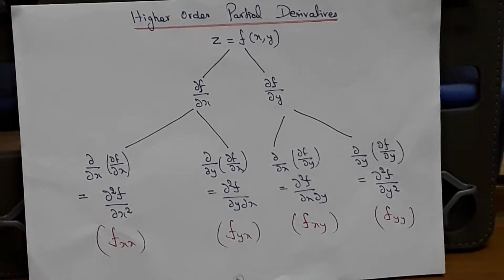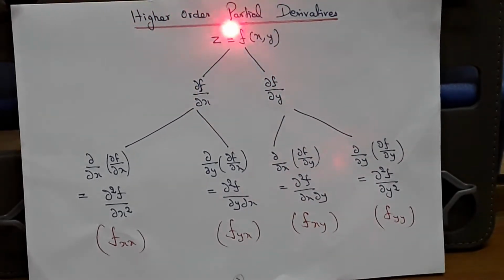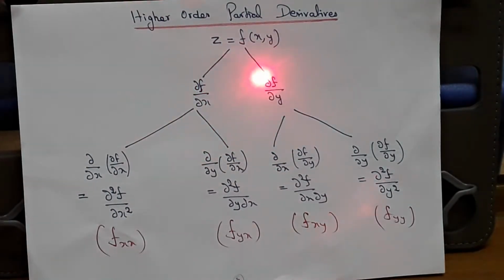Now we are going to see the higher order partial derivatives. In ordinary derivatives, we know d by dx means the next derivative is d square by dx square, next d cube by dx cube and so on. So now we are going to see higher order partial derivatives. We are considering the function z equal to f of x comma y. How do we represent the partial derivative of z with respect to x? Yes, we know that is dou f by dou x. How do we denote the partial derivative of z with respect to y? That we know is dou f by dou y, or we can represent it by dou z by dou y also. Both are the same only.